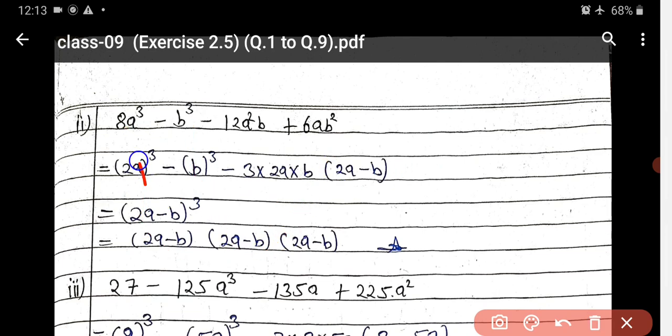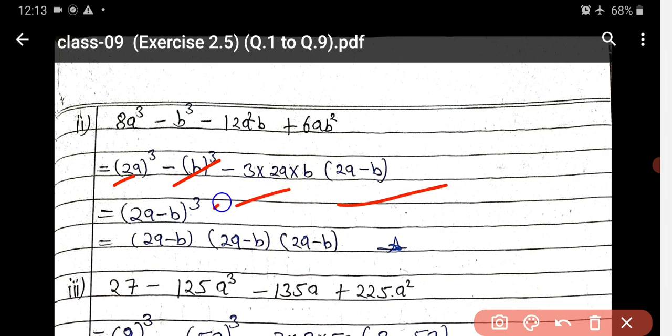Now just verify from the sum you get that one. Now 3 2s are 6, 6 2s are 12, it becomes 12. Now ab into a, it becomes a square b. Now 3 2s are 6, then ab into b becomes ab square, and then minus becomes plus. So they are in a balanced form.